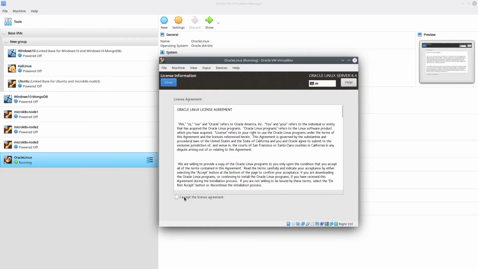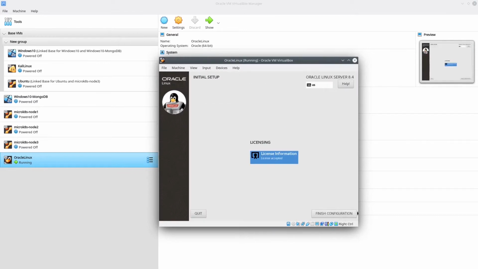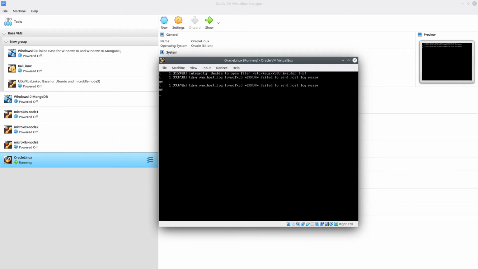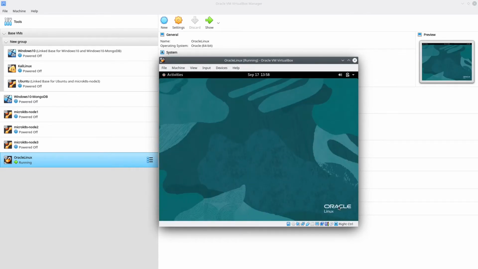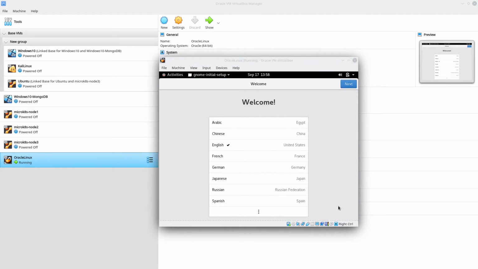Let's accept the license agreement. Click on done. Finish configuration, and then I will log in with the TechieBeer user. Once I have logged in,